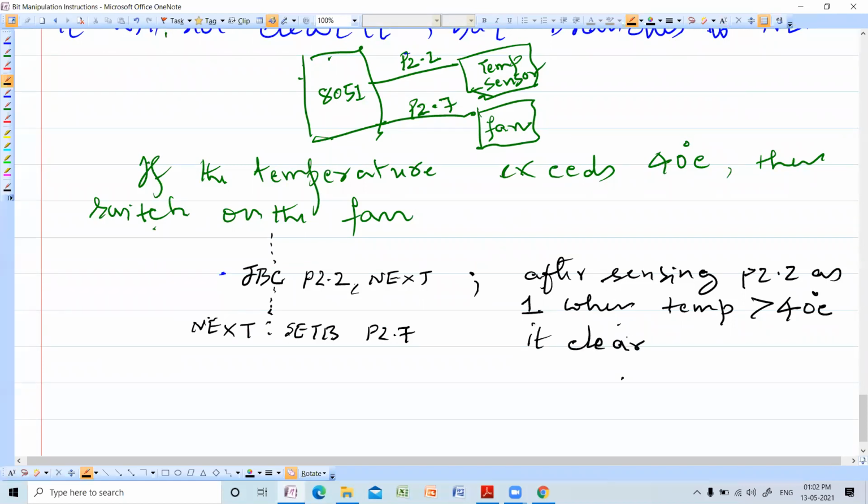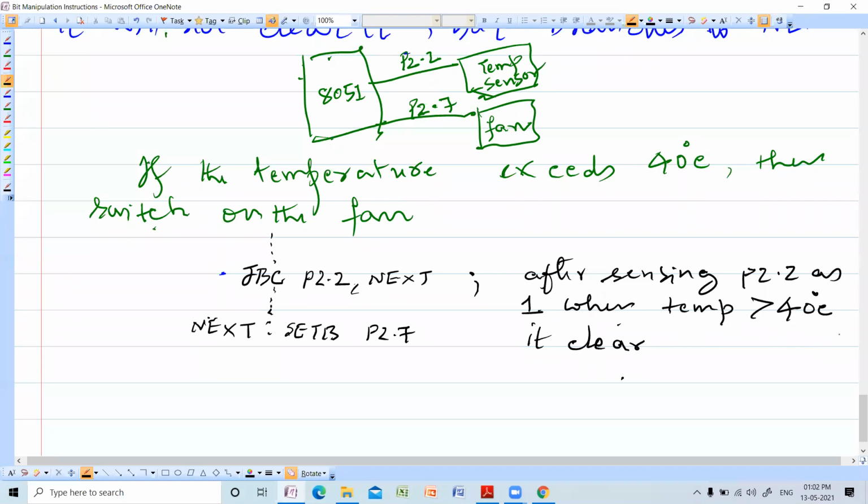Very important, because it is ready for the next instant. The temperature sensor is continuously sensing the temperature. At some time, there may be a spike of 40 degree temperature. That time P2.2 will be 1. When P2.2 is 1, the fan should be on. Before it proceeds to next, what does it do? It clears P2.2 and your temperature sense is ready for sensing the next value of the temperature.